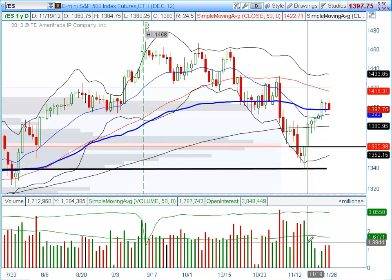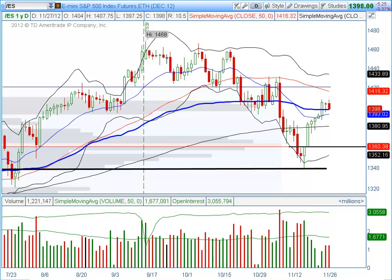And with this light volume, professionals continue to say, no, I'm going to wait. I'm going to wait until I see some type of signal to get in this market or out of it. And I'm not going to force myself in this light volume, because obviously the bigger market players have to worry about fills and those bigger issues that most of us smaller players never have to worry about. But the point is,